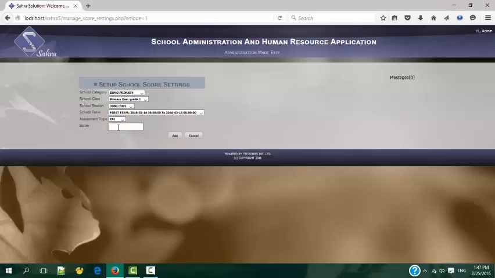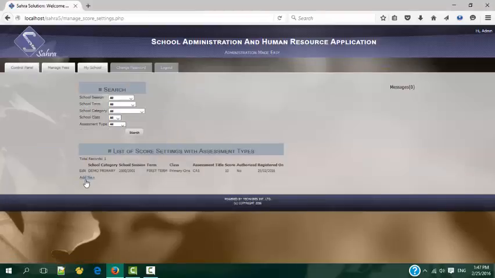Remember, the score means obtainable score, the highest a student can obtain, as in attain to. Now we want to make it 10, because after getting all the CA's obtainable score, we want to add it to exam, and everything will sum up to be over 100. So we want to give an obtainable score that once we add all the assessments together, we get over 100. So let's make our CA1 10, and we'll add.